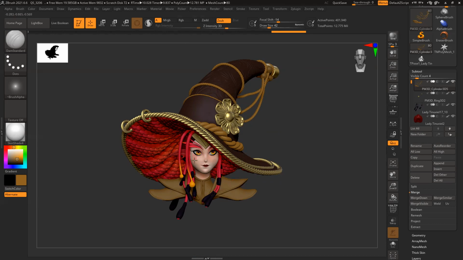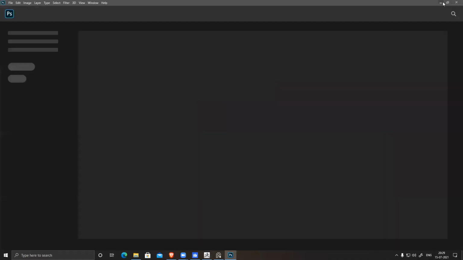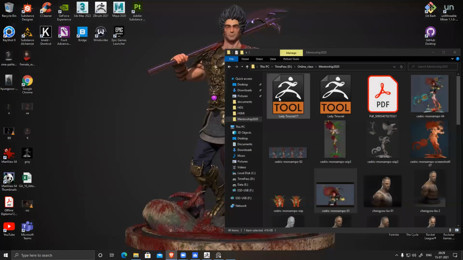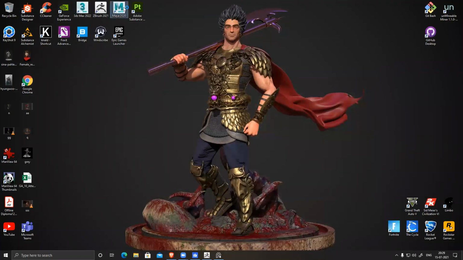There are a lot of details remaining, like eyelashes and some dots and all those things. We'll add those. And if you want to render this thing out, I can show you. I guess I have an older file. I'll show that. You can definitely render this thing. Let's see Maya.